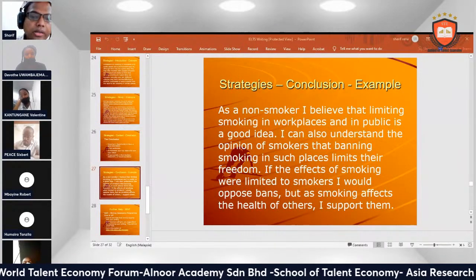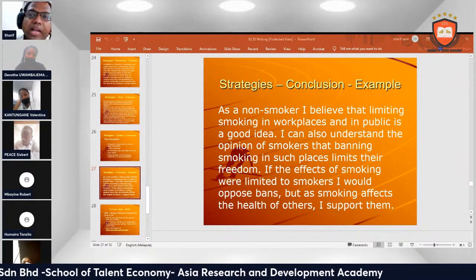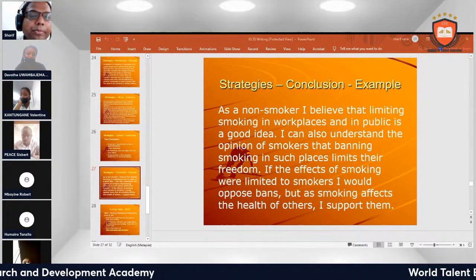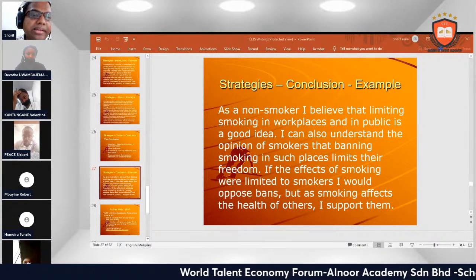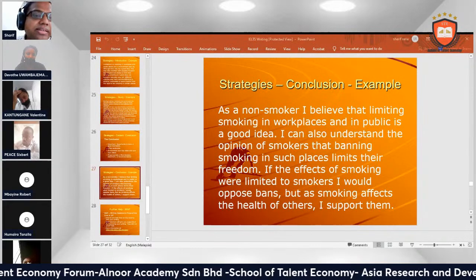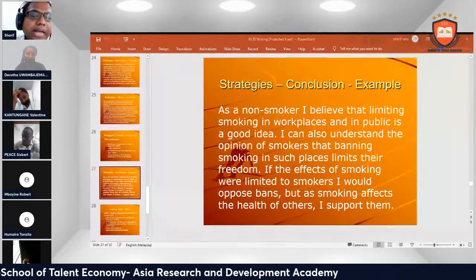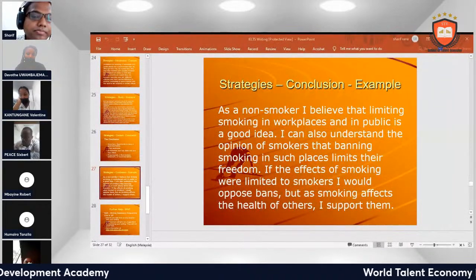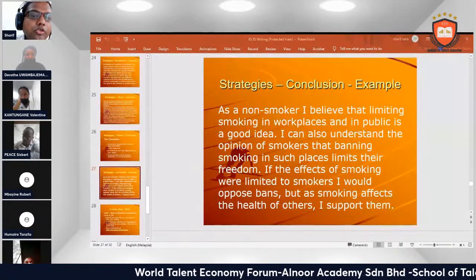Okay, very good question. First things first, when you get the question, let's say: I believe banning cigarettes is important for healthcare. So you have to make a plan. What key points, let's say one, two, or three strategies, will you take? Why should we ban cigarettes? It's harmful for health. It creates cancer. It creates social problems. It creates family problems. Okay, these are the strategies. So this will be the body.